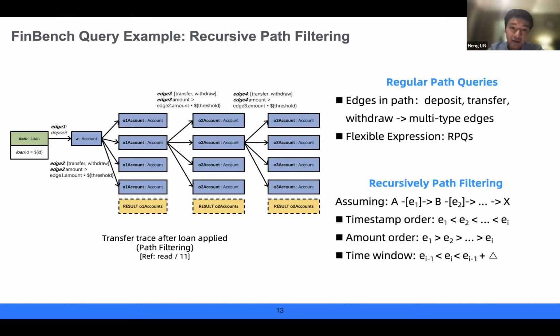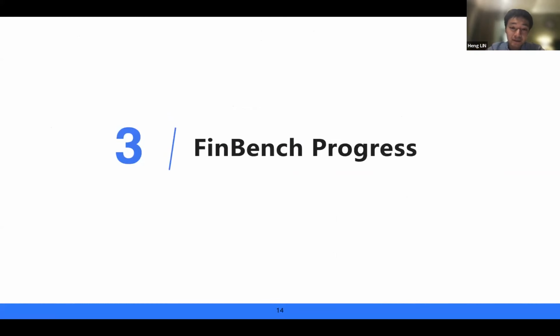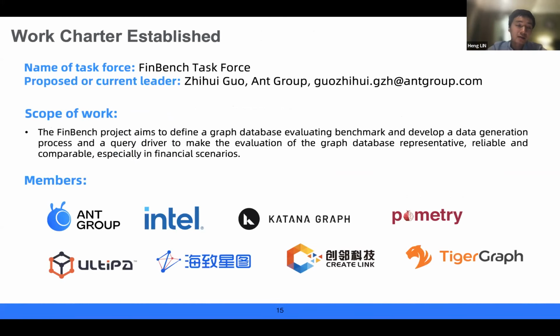And I think these are things different from the SMB, and so it is possible for us to define this financial benchmark. And the progress and the work chart has established. And currently, leader is Zhi Hui Guo. It's also from Ant Group, and we have some